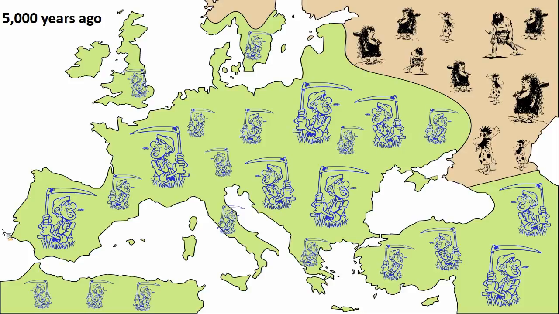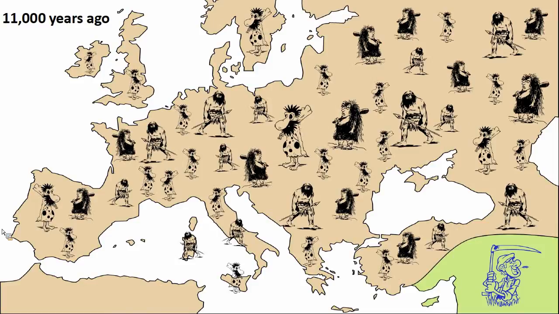So one of the questions we're interested in is, how did this cultural revolution actually play out? And there are really two different theories you can put forward about how this could have happened. The first one is, if we turn back the wheel of time a little bit, we have farmers appearing in the Middle East, and then the first hypothesis states that the